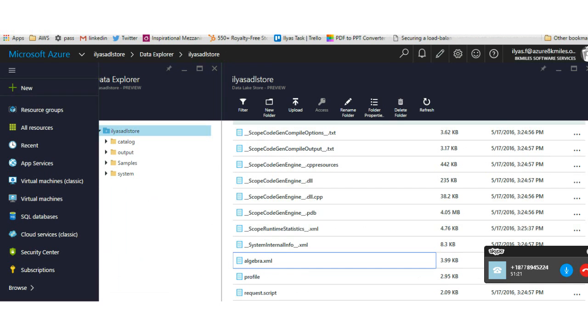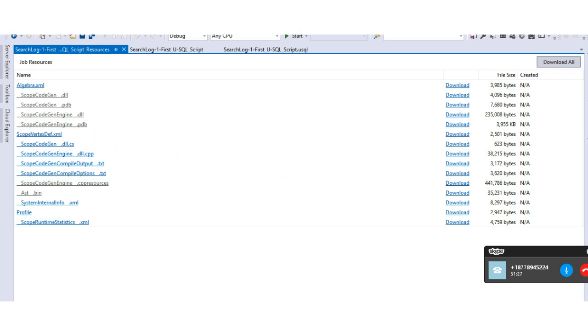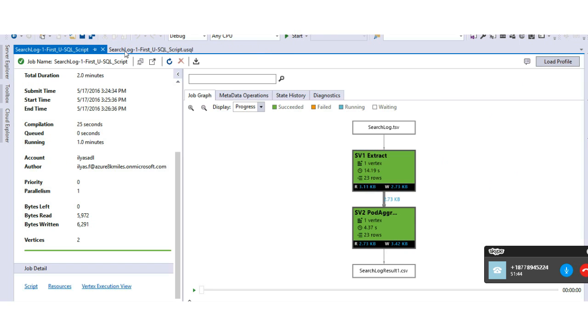You can also find this XML file. You can download it and visualize it, right? So let me close it and go back. You come there by clicking on resources as well. I'm jumping between screens in the interest of time. We've got very limited time. So here you can find the same list of DLL files, CPP files, and text files.